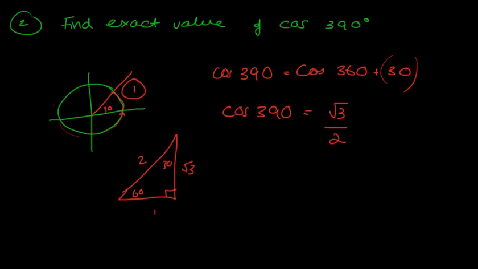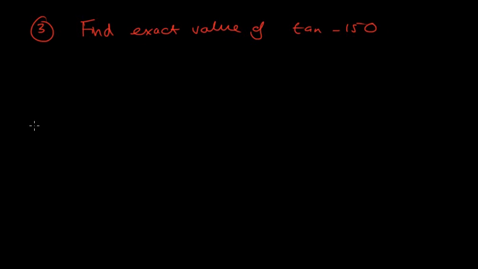They're not all as easy as that. There's one question which I haven't shown you, which I probably should have spoken about. And I said before that sometimes I do miss things, or I probably will miss a couple of things. But you might find a question like this. Find the exact value of tan negative 150 degrees. Now this is really important. Okay, let's draw my unit circle. I know it's not the best unit circle. Okay,